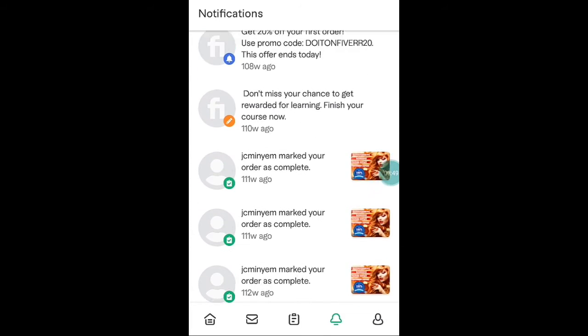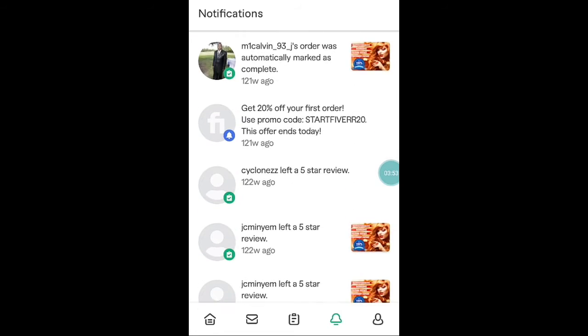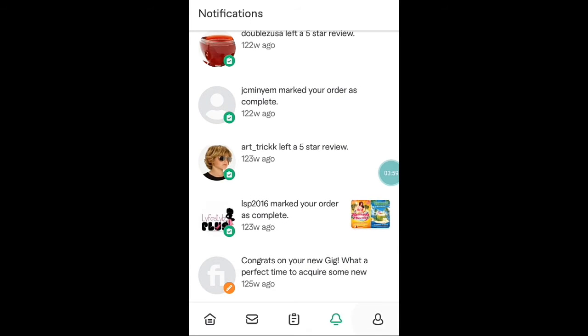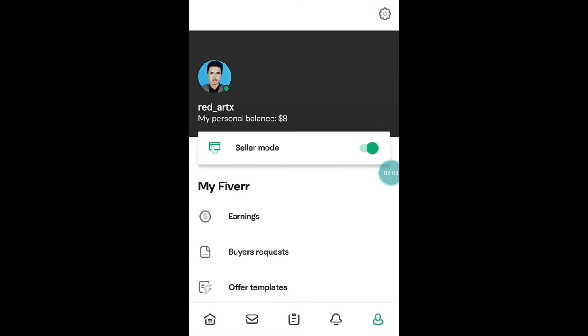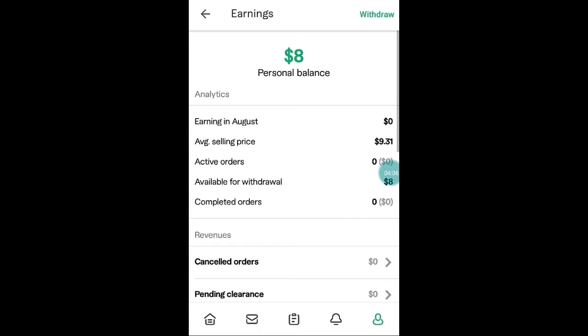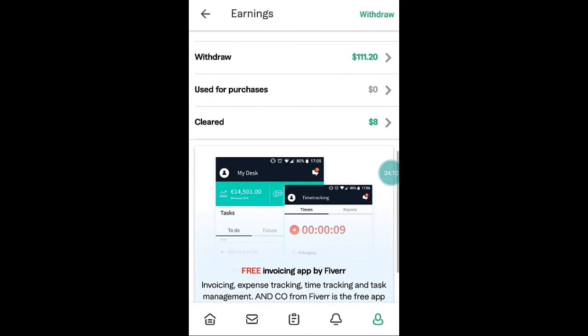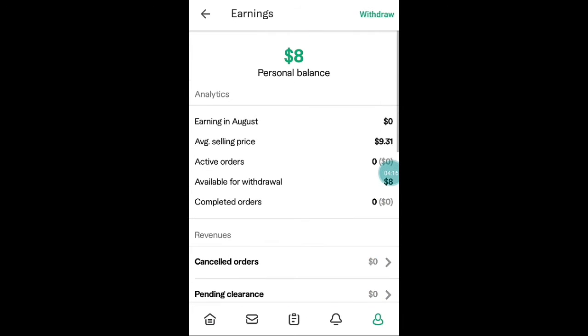And here is the notification icon. Here we have all the notifications that have come so far. And here is the most important section of the Fiverr app, the earnings and the settings option. Here we have the buyer request. Everything is in this icon, you have to click on it and you can go for the buyer request,